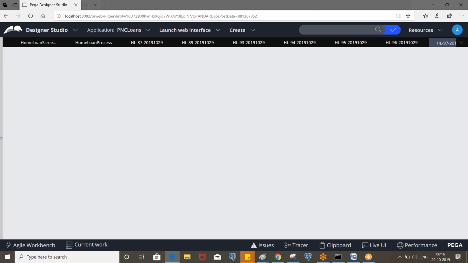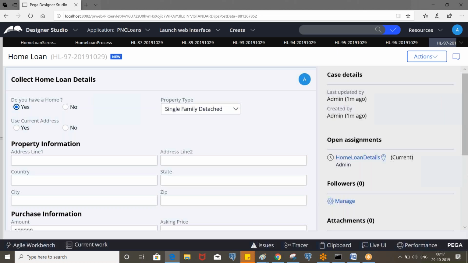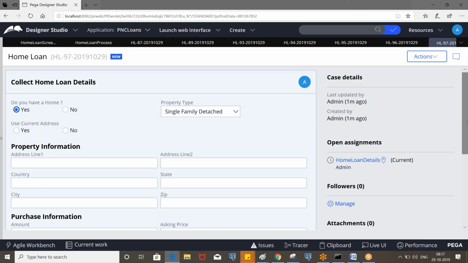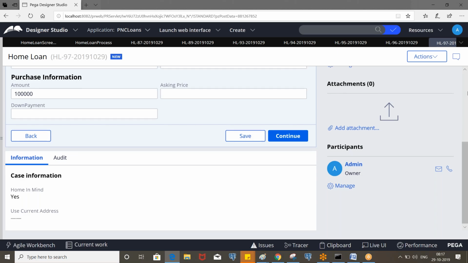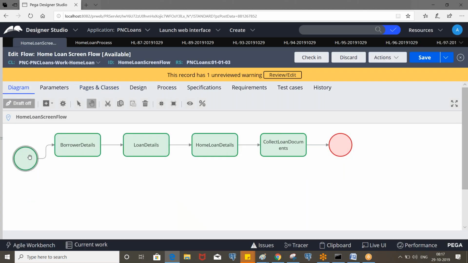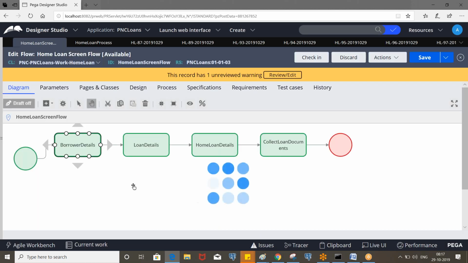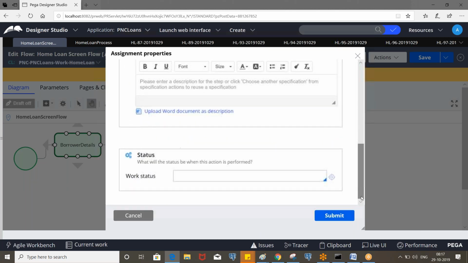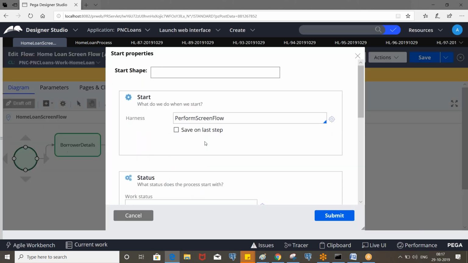So these are about screen flows. We have an article about this on PDN, so you can refer to that and explore more things. There is a lot of theoretical information about screen flows. You need to remember these types of screen flows and the options available here: what happens when you select this checkbox, and what happens when you enable perform post processing. These are very important for interviews.